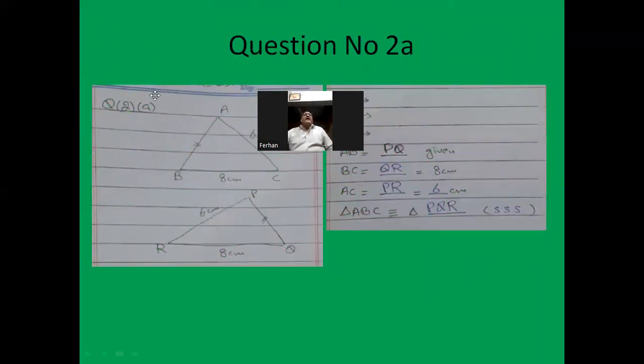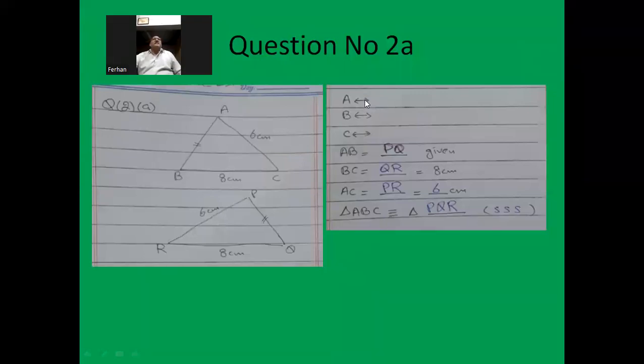So here I can write that A has the correspondence with P. A has correspondence with P, and B has the correspondence with Q, and C has the correspondence with R. Okay. Now you can say that